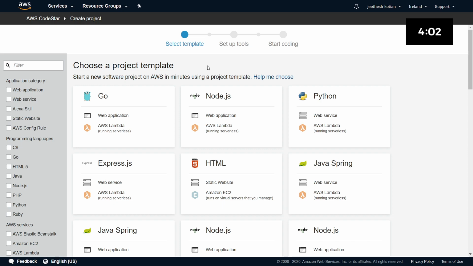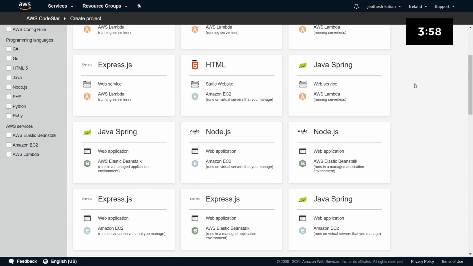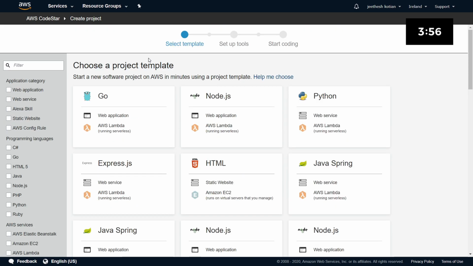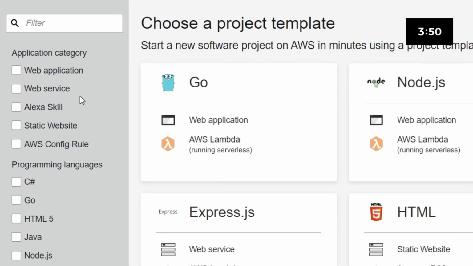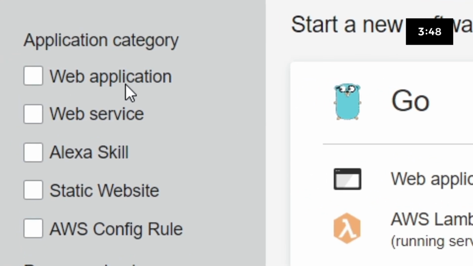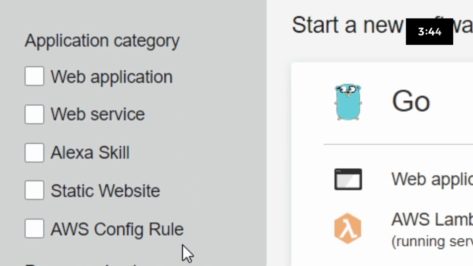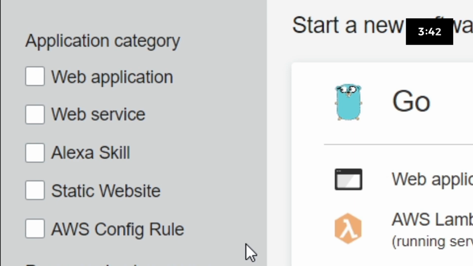If you see, there are a lot of templates in this list. You can select any of these templates, and each template consists of three main things. First is the application category, which has web application, website, Alexa skill, static website or AWS Config rule.